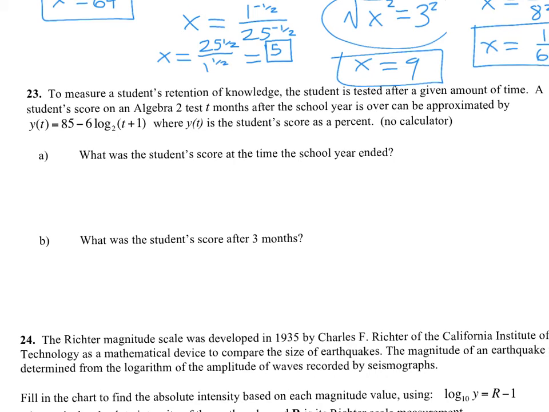Alright, so for part A, what was the student's score at the time the school year ended? So T is how many months after the school year is over. So if the school year just ended, it is 0 months. So we're finding y of 0. So if I'm plugging 0 in for T,